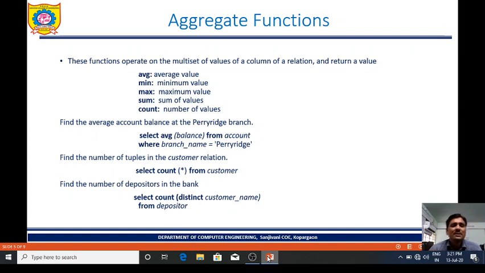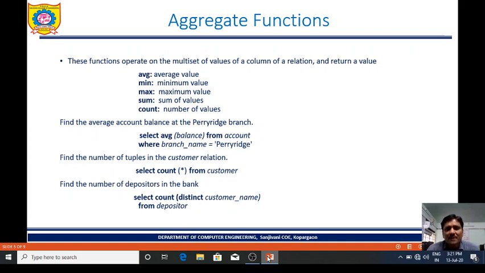How do we use it? Select AVG of balance, the average of the balance attribute, from account. Account is the table name, where branch name is equal to Prairies, the condition. Now this query will display the average balance from account table, where branch name is equal to Prairies.